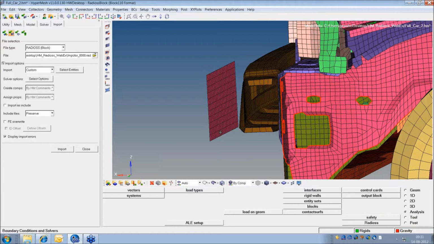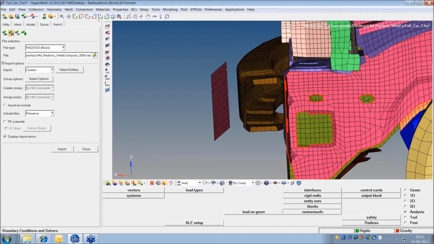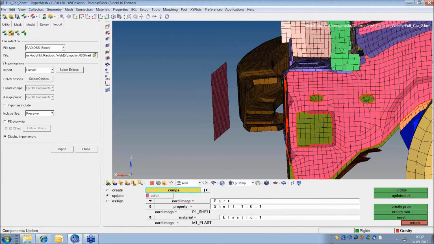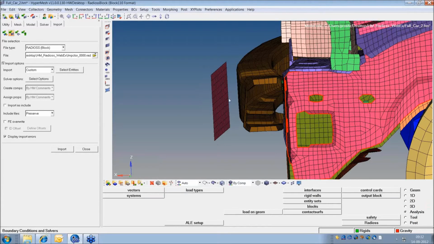So let me define an elastic material. My objective is to make it a rigid fixed barrier. As of now it is not rigid, and first of all it doesn't have any material, so I have to give the material so that the component or part becomes complete. Update this component with material, maybe the elastic one. It just has a simple steel property. So update. Now the part definition is complete. It means it has the property and the material.